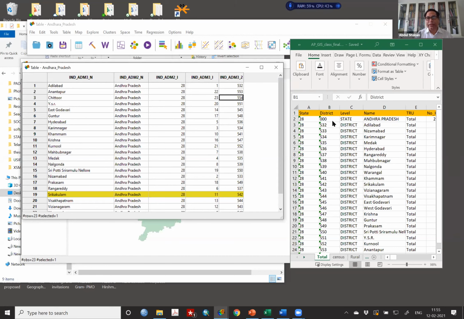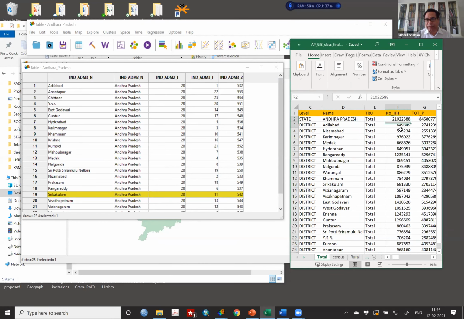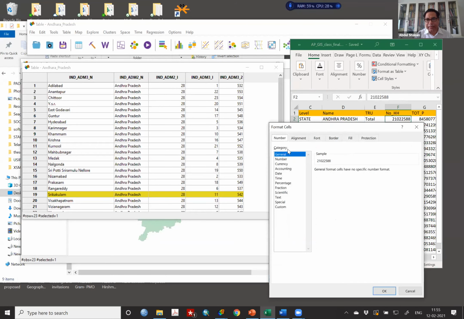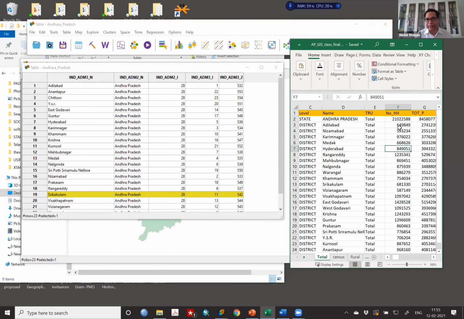For example, if you block any number and say put it as text, if I do it here and say format cells, and in format cells I go to text and put it as text, this number will become text. So basically it's only a small thing, the format, but you must remember what the format is here and what the format is here. Both are created as text. Here I want to tell you that the format needs to be the same and the IDs need to be the same.